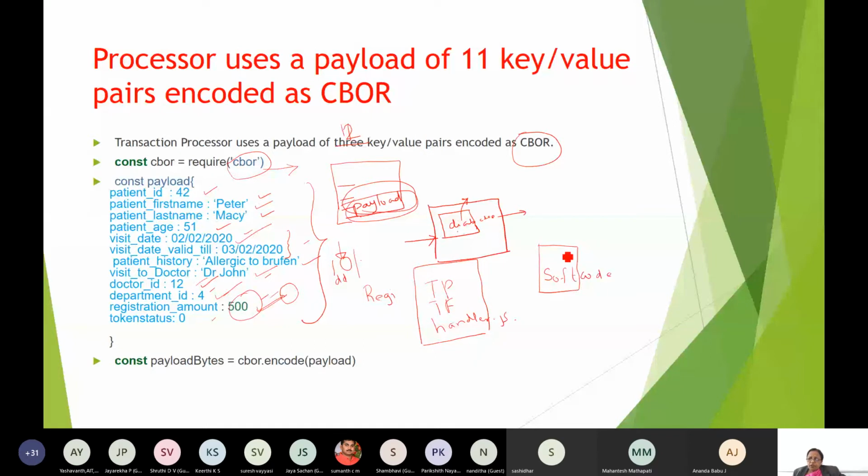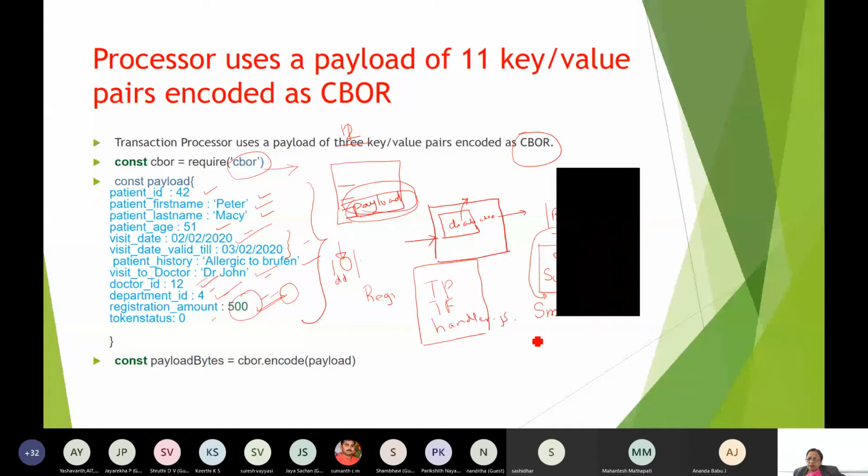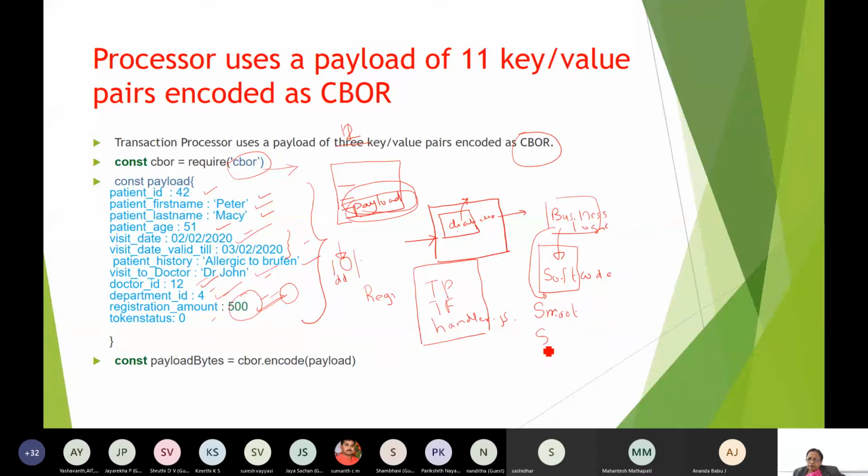Now this soft code will become the business logic for you, and this business logic acts as the smart contract. Okay, so here actually I had designed only up to here, then suddenly